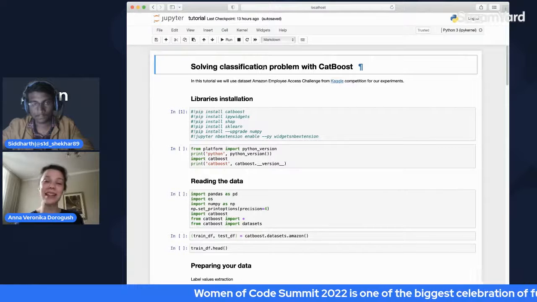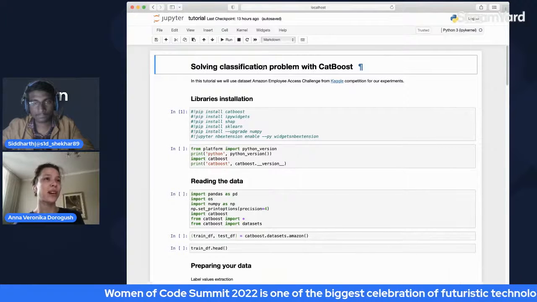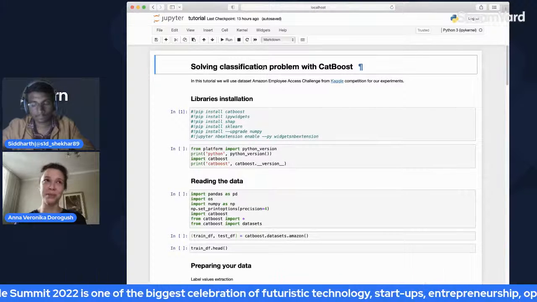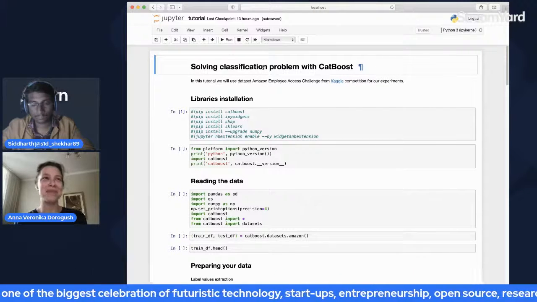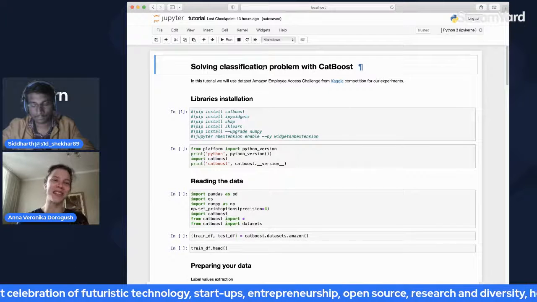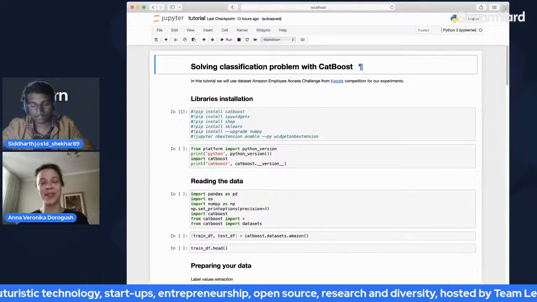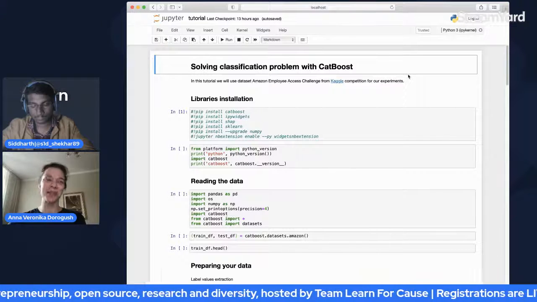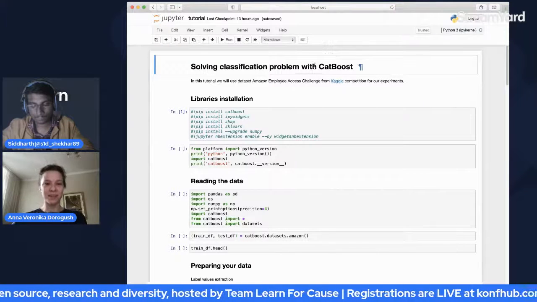They work a little bit differently, and it's nice, if you are solving a machine learning classification problem, to try all three of them and probably do some stacking, or just select the one that works best. They work similarly. So let's start.